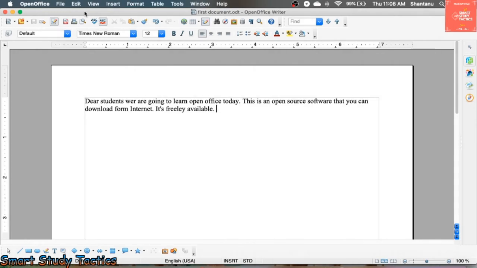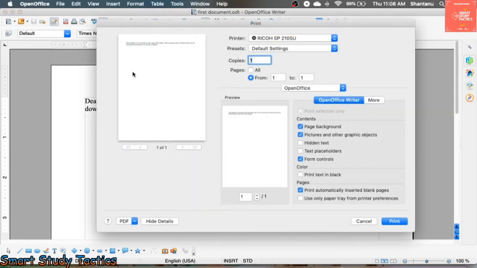So we have the print option. When you click on the print option, it will open a dialog box. As you can see here, this is the preview, and the number of pages is shown here. Just now I have the default printer as a ratio. I am using the ratio printer, so you can give the print command directly from here. This is the printer that you can use. You can make some setting changes here. If you have any other printer, or you are a Windows user, it will show you a different window according to that window's preference. When you click on print, it will take your print command and send it to the printer.